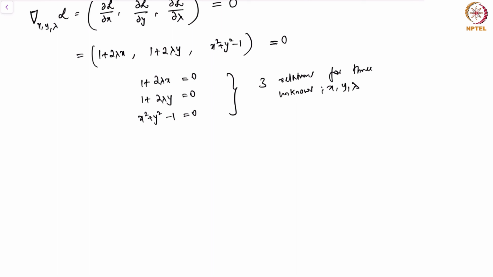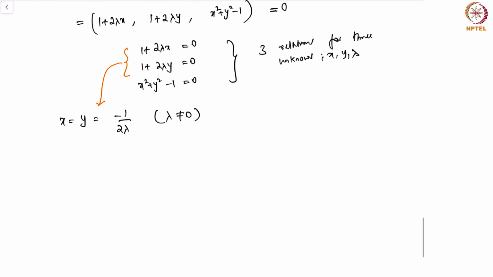We simply get x is equal to y is equal to minus 1 by 2 lambda. The first two relations simply give us this. And we don't want lambda to be 0. If lambda is 0, we will not be able to impose the constraint. And from the third relation,